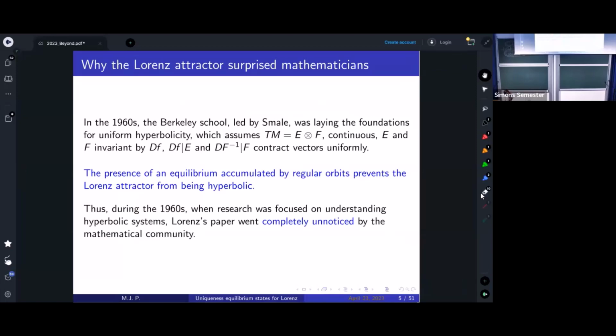One question is why the Lorenz attractor surprised the mathematicians. You know that the paper by Lorenz was published in the beginning of the 60s. And the point is that at that time in the Berkeley school, led by Smale, Smale was laying the foundations for uniform hyperbolicity, which assumes that the tangent bundle to the flow